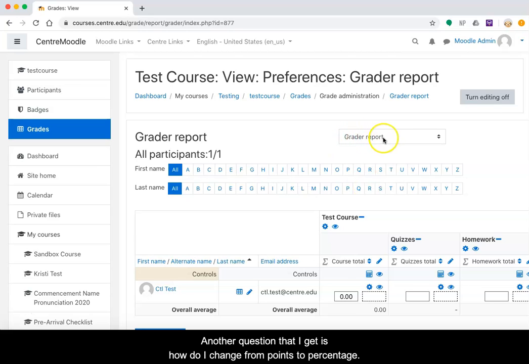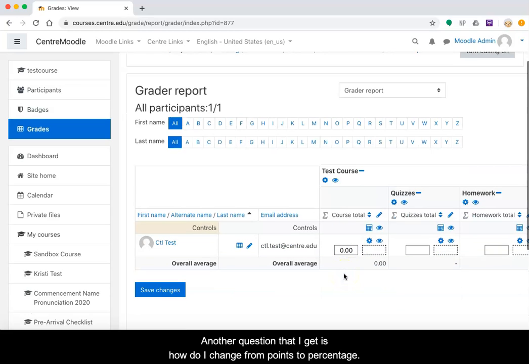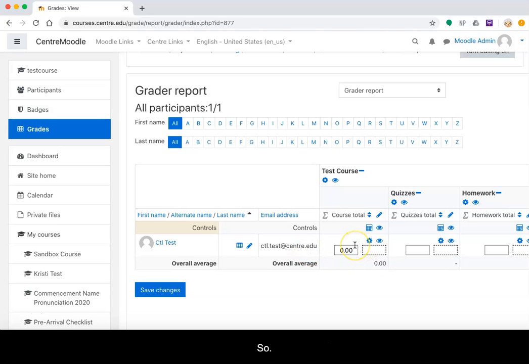Okay, another question that I get is, how do I change from points to percentage? So Moodle likes to work in points as an overall grading mechanism, but it's always working in percentages. But we typically grade in percentages. So if you want percentages to show up for the course total instead of a series of points that may not be relevant or reflective of your grading scale, then you want to go to